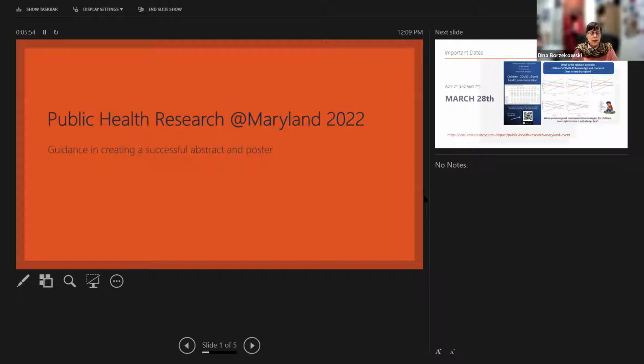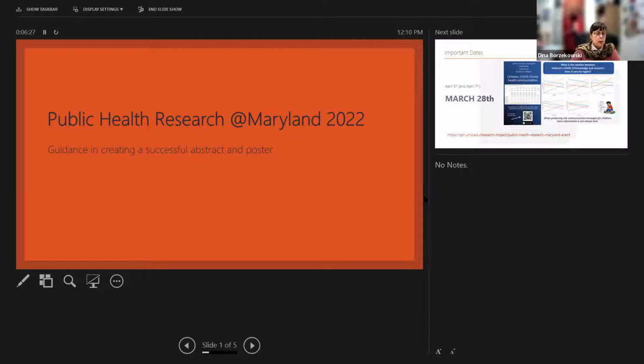As students, this is a platform to tell people what you're doing and what you've done. Every time you present a poster, it becomes another line on your CV, on your curriculum vitae, and there should be a section that says presentation, and boy, this is one that you can put there. So we invite you and hope that you will participate in this, and all good things will come from this.